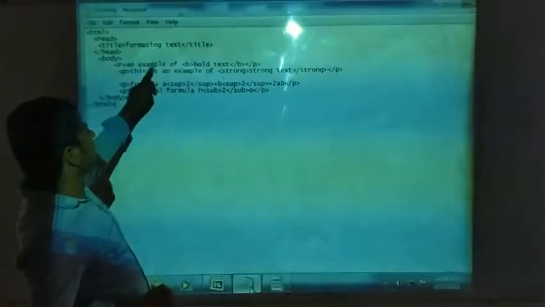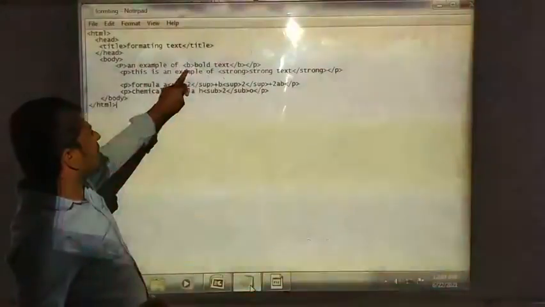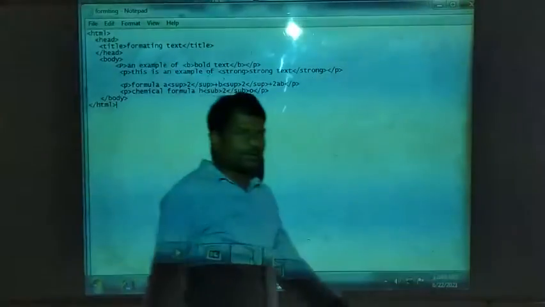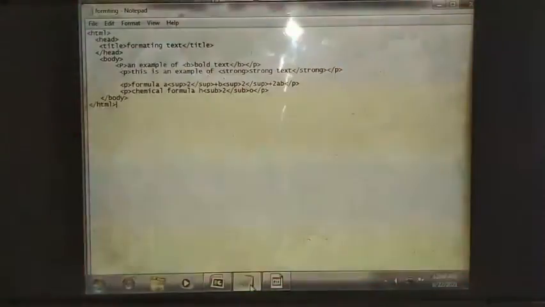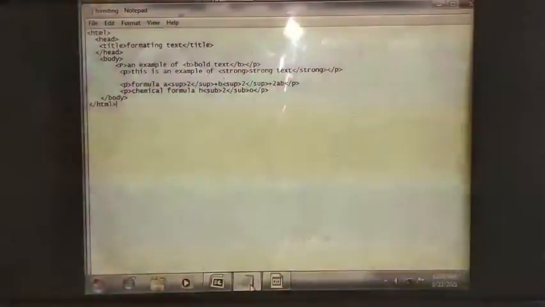So to write an example of bold text, I have typed bold text. So this is an example of bold text. And next is what? This is an example of strong text.